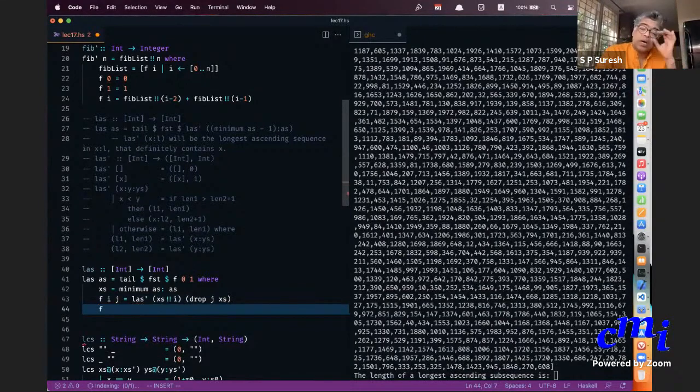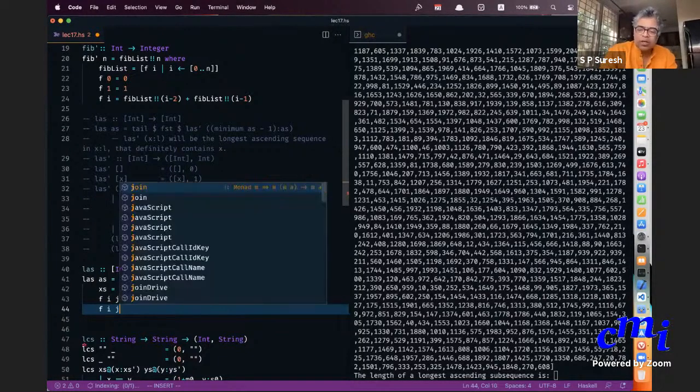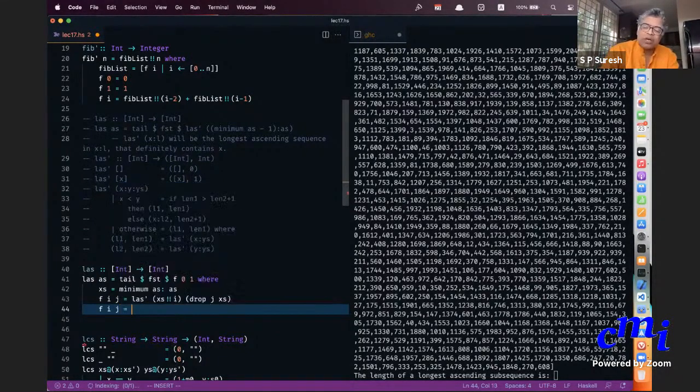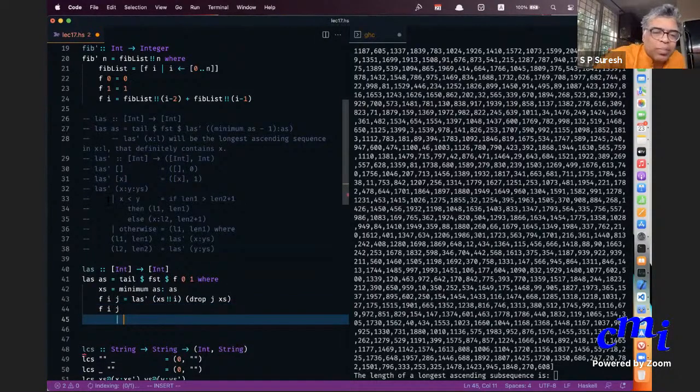So in case I have, now I realize that the recursion will start. The LAS prime, the base cases are all here. So you have to ask, what happens if i is actually n? What happens if j is n? So there is no need to give a base case. Actually, you have to say f i j equals, you have to give cases. If j is equal to n, remember that this is the important case.